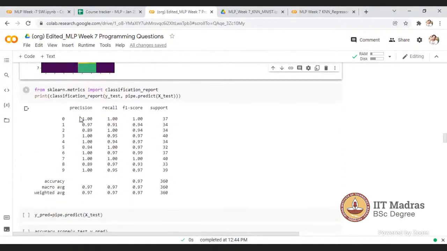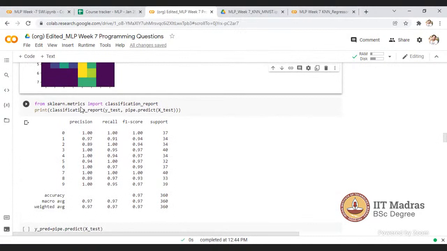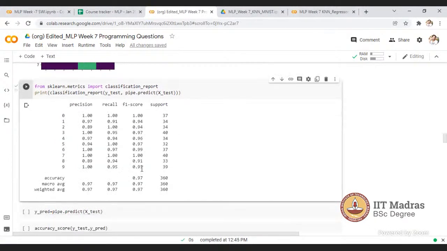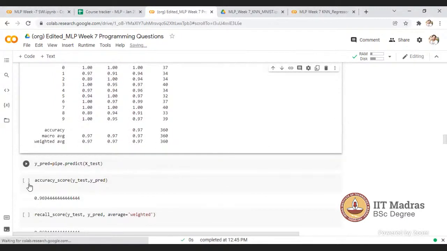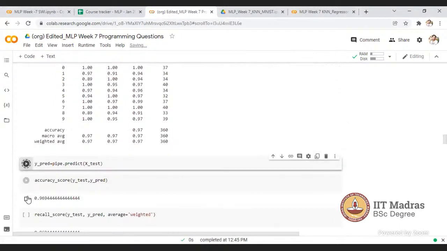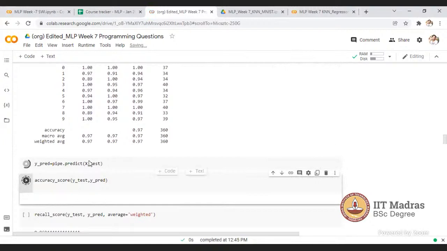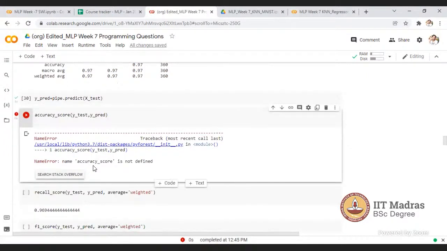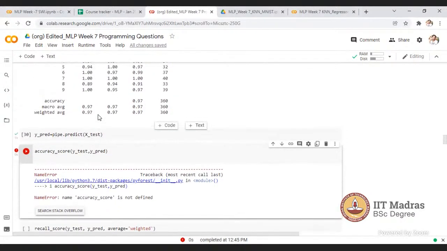Okay, let's just print this classification report. From here, we can answer all the rest of the questions. Here it is written already, but there are some different codes for this one. Accuracy score, we have to import this also. I had imported all these things, but it is not written here.